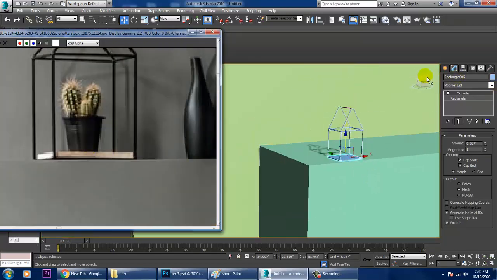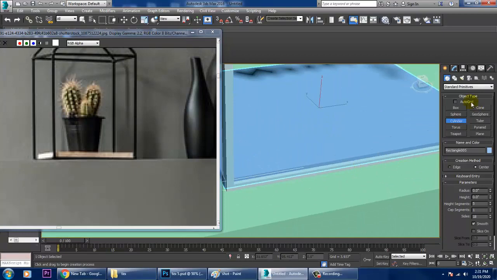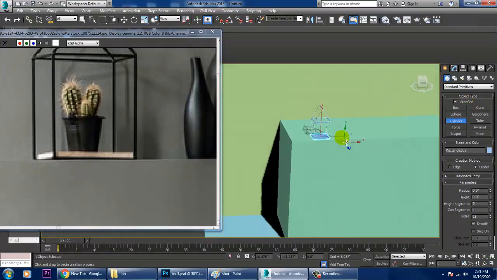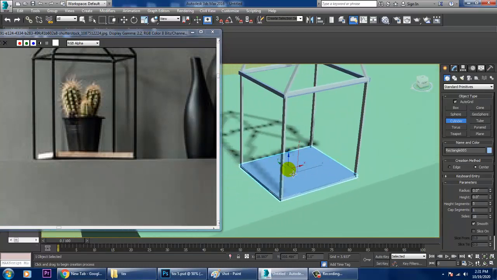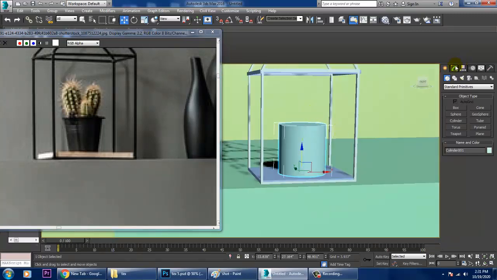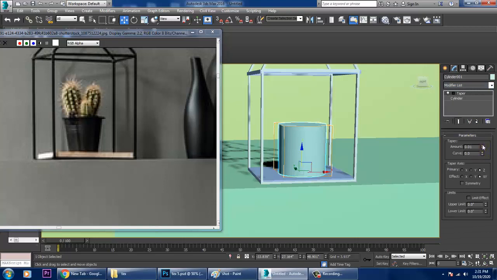Let's again take a cylinder over here, go to the auto grid, take a cylinder, push it up. Let's give a taper modifier, reduce its radius and increase its height.